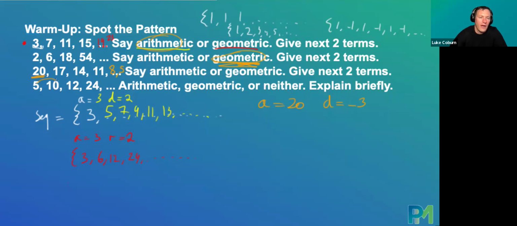If we could add 5, but then it doesn't work with the next one. We could multiply by 2, but then it doesn't work with the next one. So this is neither, right? The last one was arithmetic, and this one is neither. Okay, so it gives you an idea